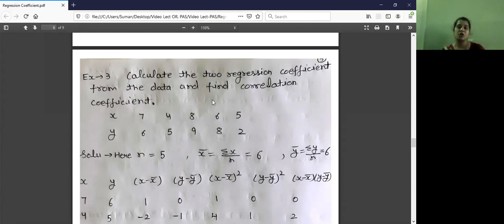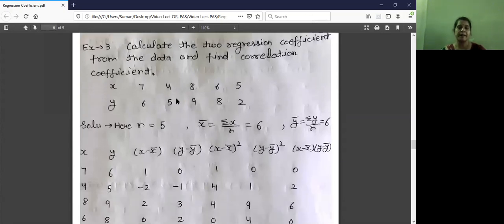Okay, so in this question हमें three values find करनी है. Three values, that means what? Two regression coefficients. So we have two types of regression coefficient. One is the regression coefficient of y on x and the second one is the regression coefficient of x on y. And next we find the correlation coefficient. In our question, if we find the regression coefficient and also the correlation coefficient, first we find the regression coefficient. Reason is that आप question से आपको clear होगा.